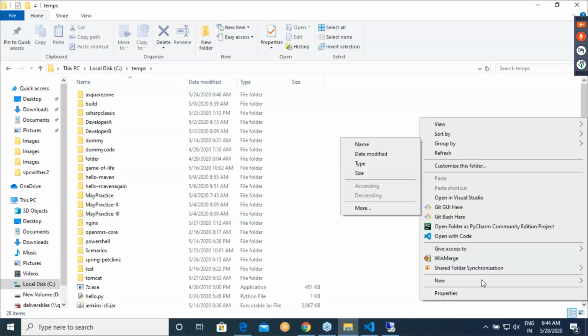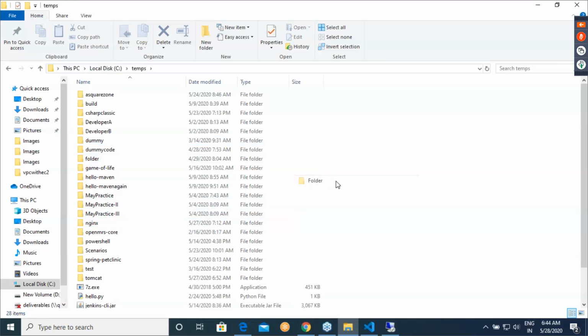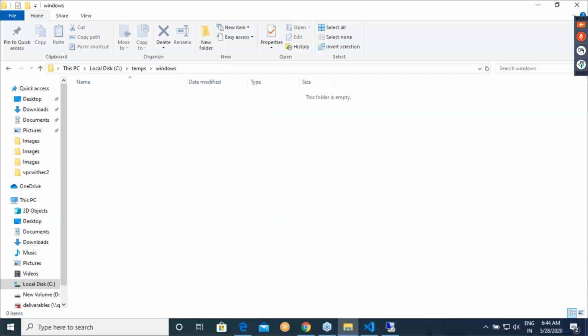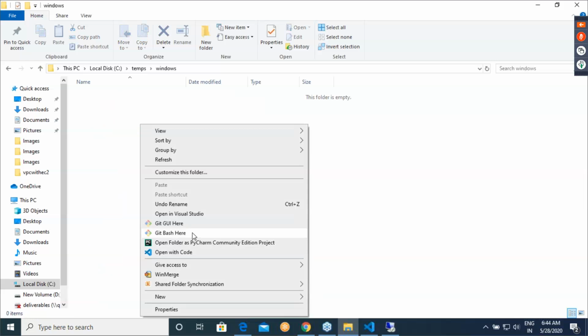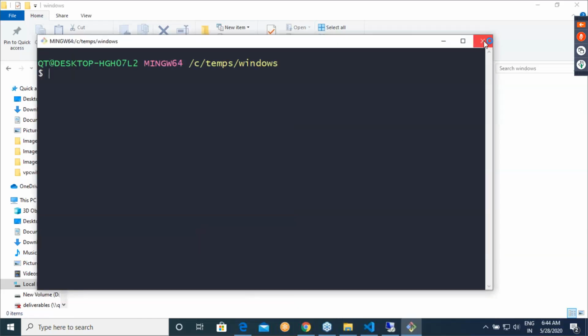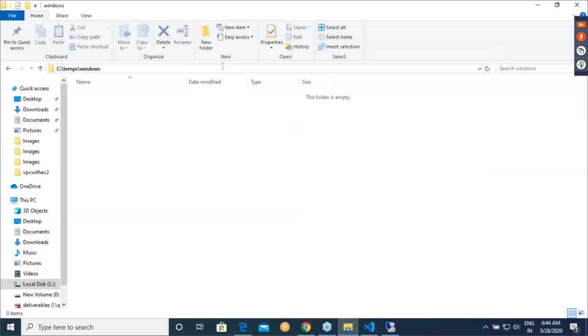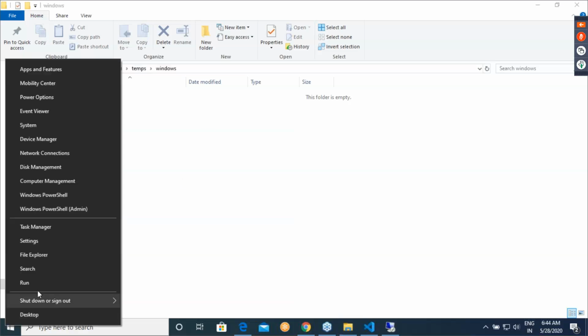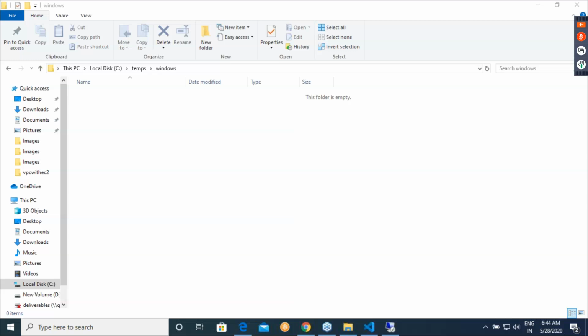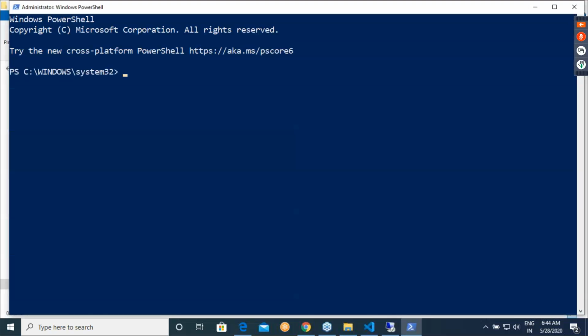Let me create a new folder, Windows. I've opened this. Let me open PowerShell. So CD Windows.